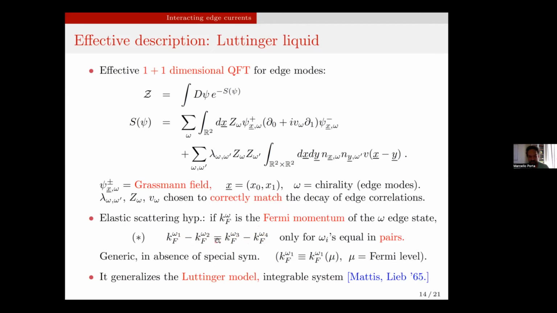And the reason why this is meaningful is that this is generically true. These Fermi momenta are continuous functions of the chemical potential. So it could be that maybe accidentally this is true for some value of mu, but then if you change it a little bit, it need not be true anymore. So that's a generalization of the Luttinger model, which is in fact an important model in condensed matter physics that was exactly solved. It was solved by Mattis and Lieb in the mid-60s via, in fact, the first application of bosonization to condensed matter.